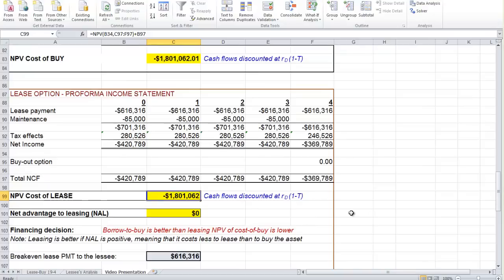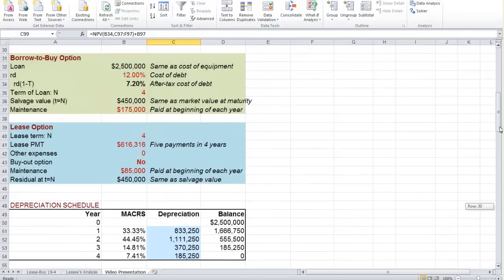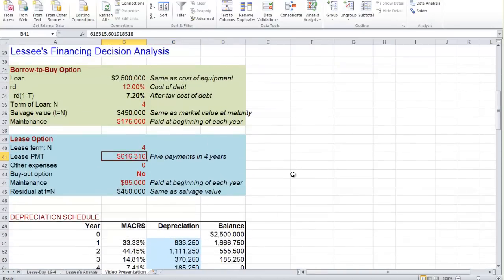So if the break-even lease payment is 616,316, we're going to be indifferent. For any lease payment less than this amount, leasing would come out better. Above this amount, leasing will not come out better. For example, if I go up here and change this to, let's say, 620,000, which is higher,